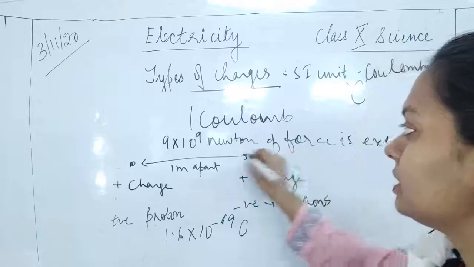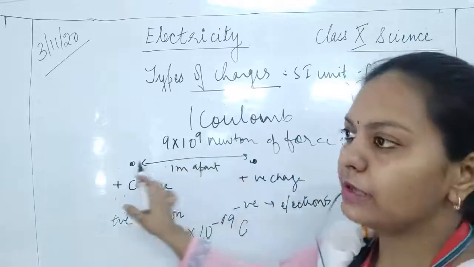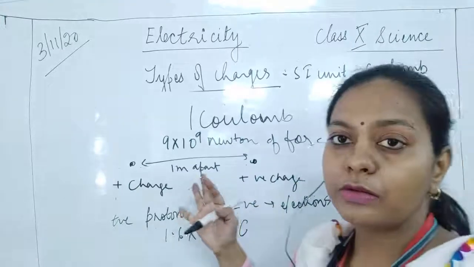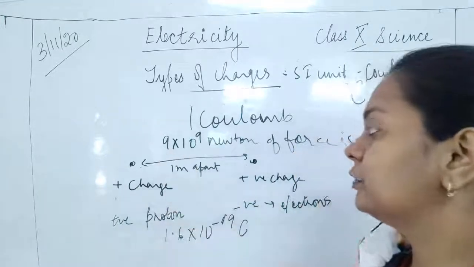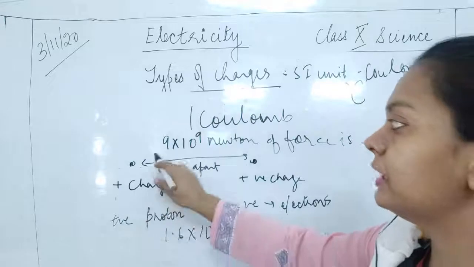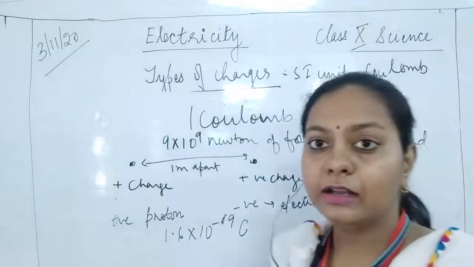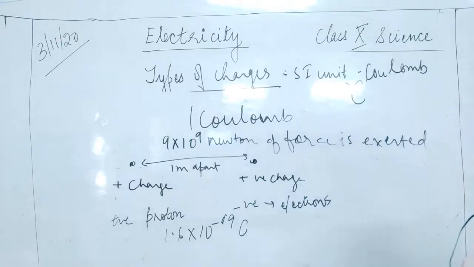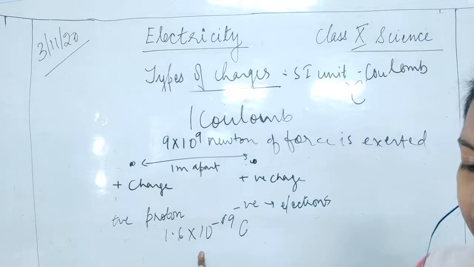So what is a charge? Charge means, if two particles are kept 1 meter apart, how much force will there be between them? That is said to be 1 coulomb, and that is equal to 9 into 10 to the power 9 newtons. Okay. Now the proton possesses positive 1.6 into 10 to the power minus 19 coulomb, whereas an electron